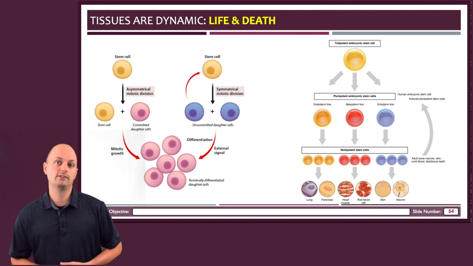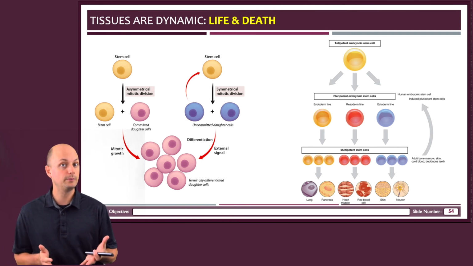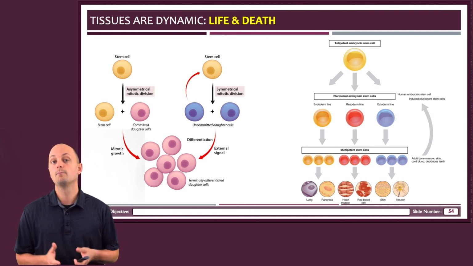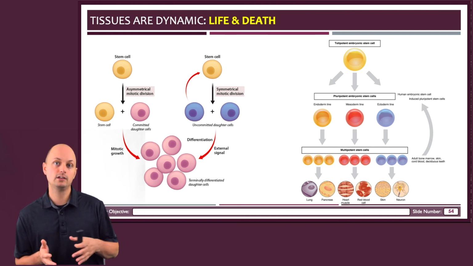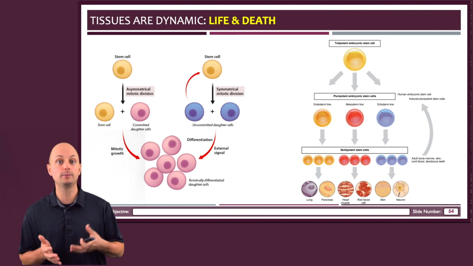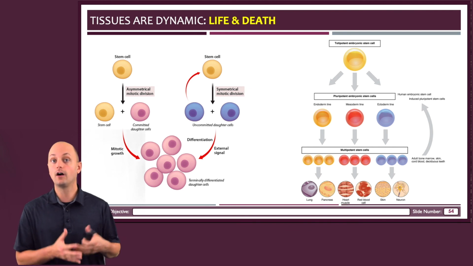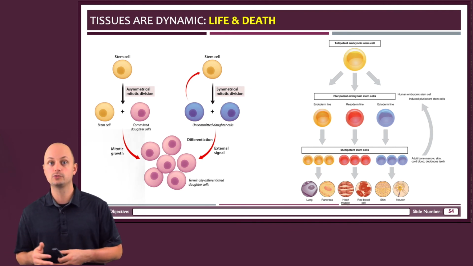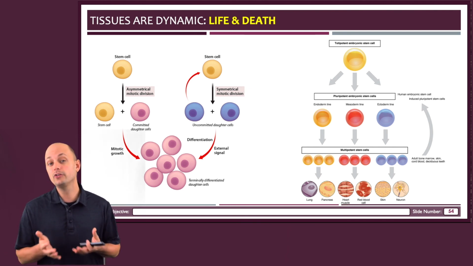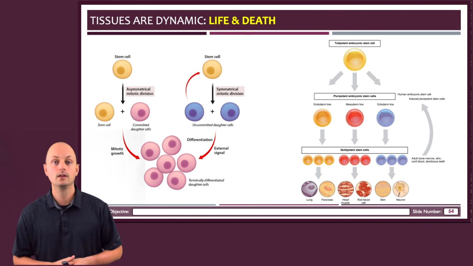But even as adults, we have stem cells, although they're not pluripotent anymore. Most are either multipotent or unipotent. Multipotent stem cells are committed to becoming only one category of tissue. So, for example, multipotent stem cells might give rise to endoderm, which makes up organs. Others could give rise to mesoderm, which makes up blood and muscle, and others could give rise only to ectoderm, which makes up skin and nerves.